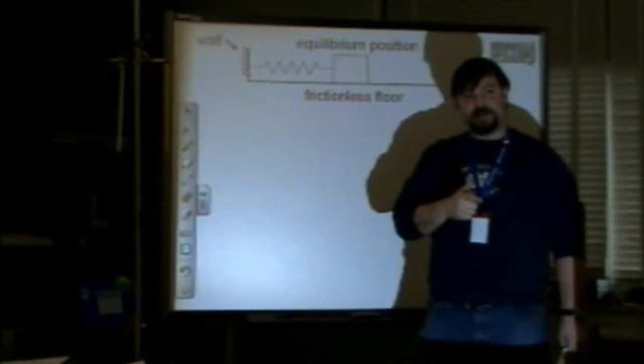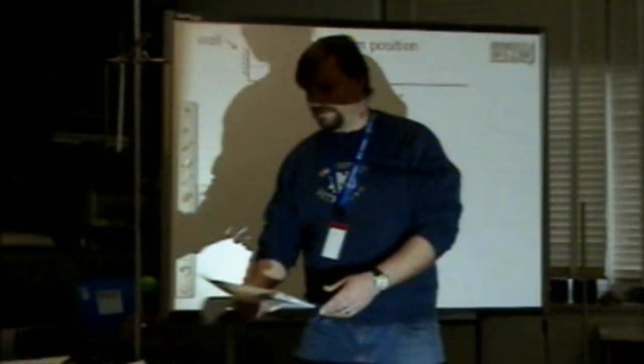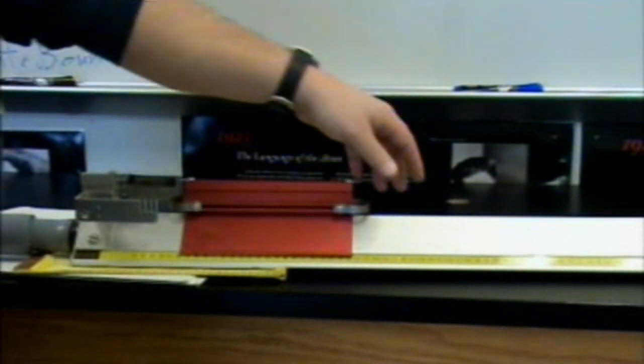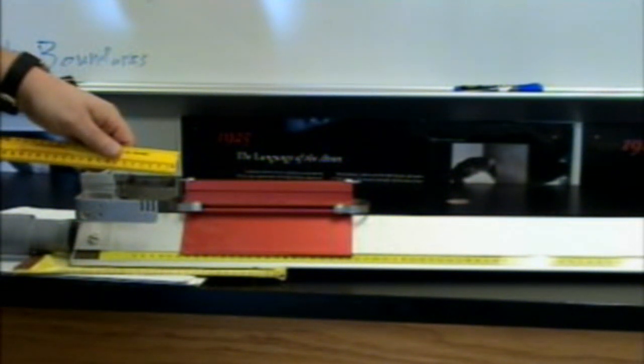We can look at an object, let's go over here and look at an object in a similar scenario to this. All right, so here is a similar situation to what we're discussing on the presentation. We have a cart on an air track, and when the air track is on, we have a frictionless system going on. We have a spring that is in equilibrium position, and we can measure this spring, so 5 centimeters